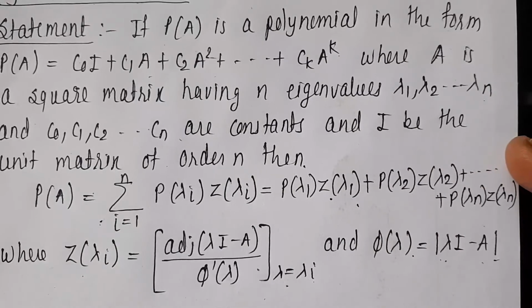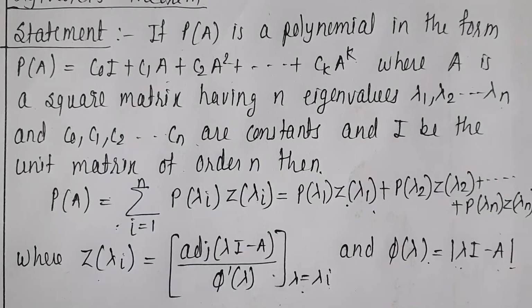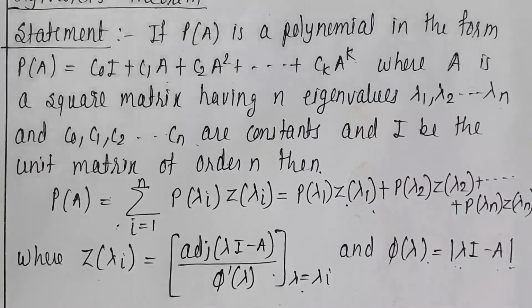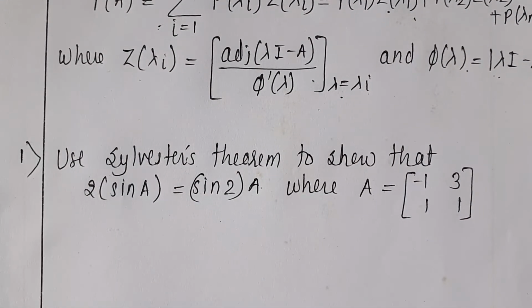Now why do we need to study this Sylvester theorem? Because this states that any polynomial or any trigonometric term or any exponential term can be expressed in terms of matrices. So due to that, we can prove any statement, for example sin square theta plus cos square theta is equal to 1. This we know for an angle. But if we want to find out for a particular matrix A, then we can prove this by using Sylvester theorem. So this is the important use. Any polynomial can be expressed in terms of matrices.